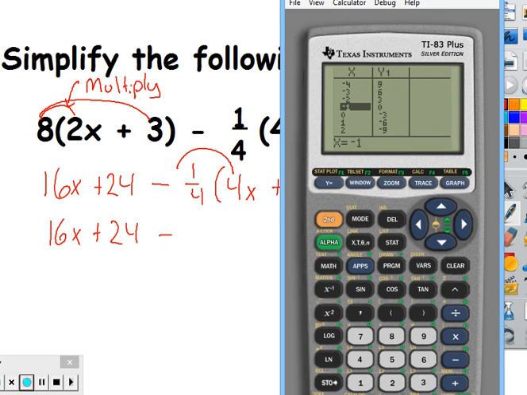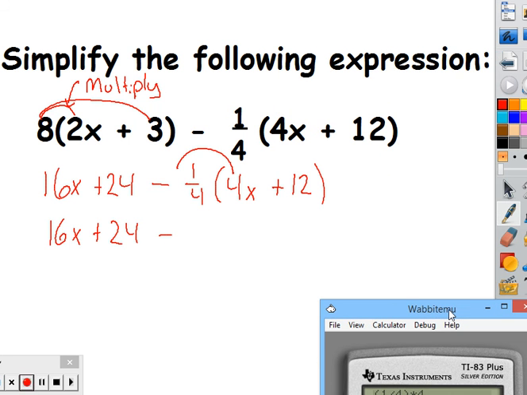Make sure that when you do this in your calculator, you have pushed parentheses around your 1 divided by 4, and then you multiply it by 4. It will give you a 1, okay? And so it is 1, and we can also multiply the 1 and 4 here and get 4 over 4, and that is also 1. So either way. And the next one, we have 1/4 times 12, and it is a negative times a positive